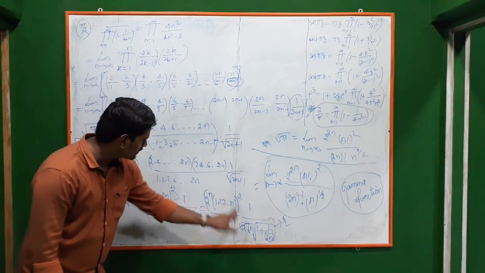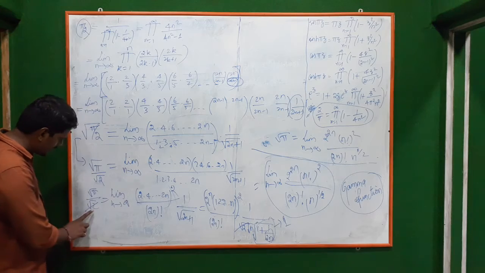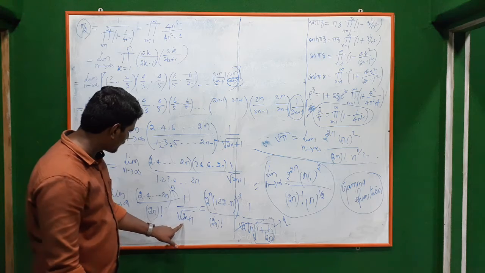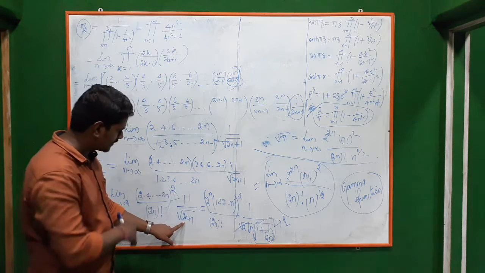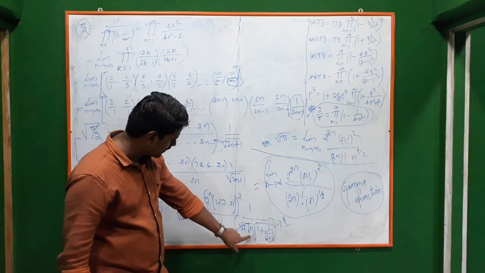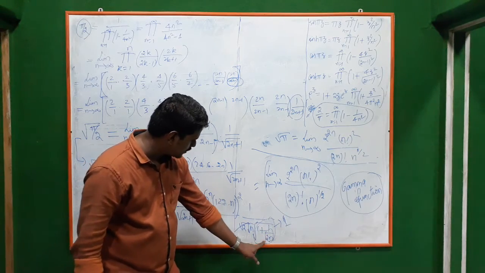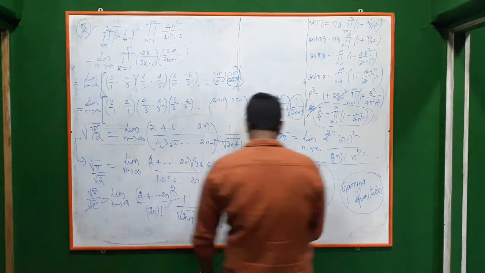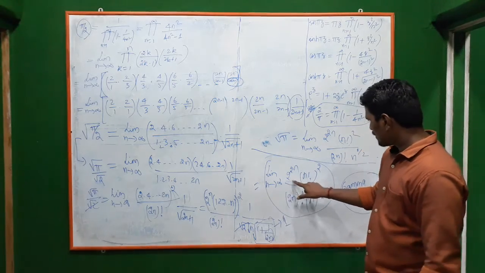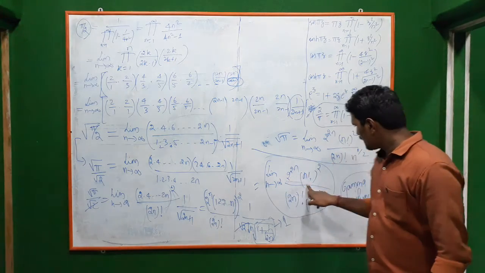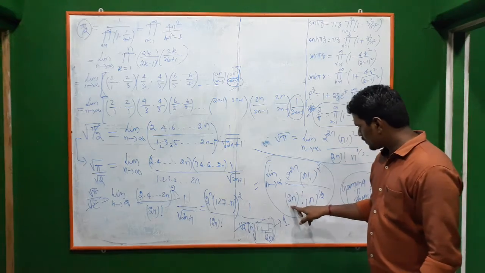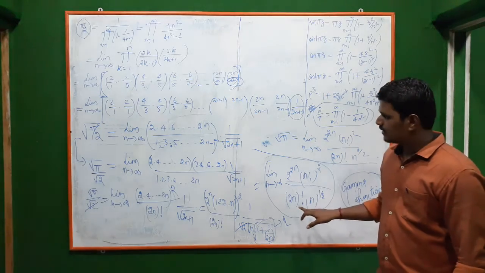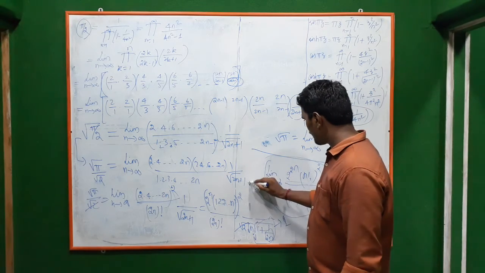This is there. Next, in this term what we can do? We have to cancel this square root of 2, which we have to get in the right hand side. So here take 2n outside. Okay, then square root of 2n will be outside, square root of 1 plus 1 by 2n. So as limit n goes to infinity, this term will be 1. So we can remove that. And so limit n goes to infinity, 2 power 2n from this, n factorial the whole square from this, 2n factorial into n power 1 by 2. So this separate term will be there, n power 1 by 2. So this is your square root of pi.